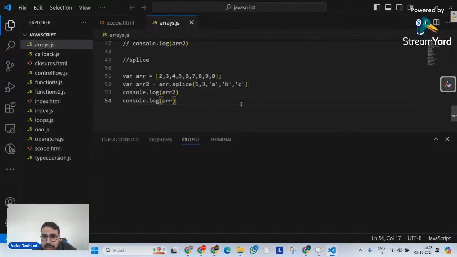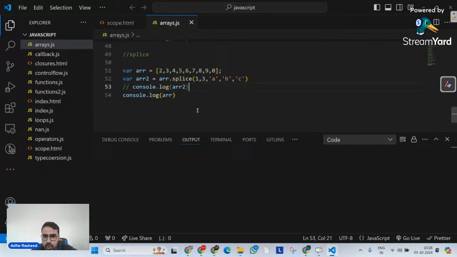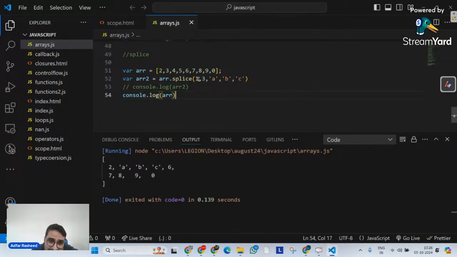Okay, look at this. Now over here we can see that at index 1, I am simply telling it to remove 3 elements. But if I pass these 3 arguments there, it also means add these 3 elements there. So if I simply go here and try to execute this code, you can clearly see at index 1 it has removed 3 elements, but it has also inserted these 3 elements. So that's why I said splice does everything. Whether you want to delete the elements, whether you want to insert any elements anywhere, you can do that with a single method called splice.